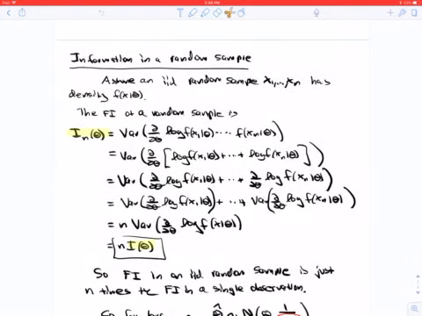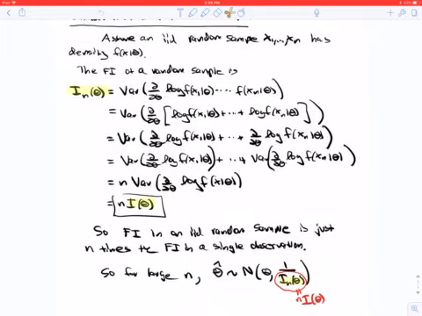Now, information on a random sample. I'm going to denote that by I sub n of theta. So now I'm determining what is the information that I get from not just one observation, but n independent observations. So the punchline is, well, you're just going to get exactly n times the Fisher information of a single observation,